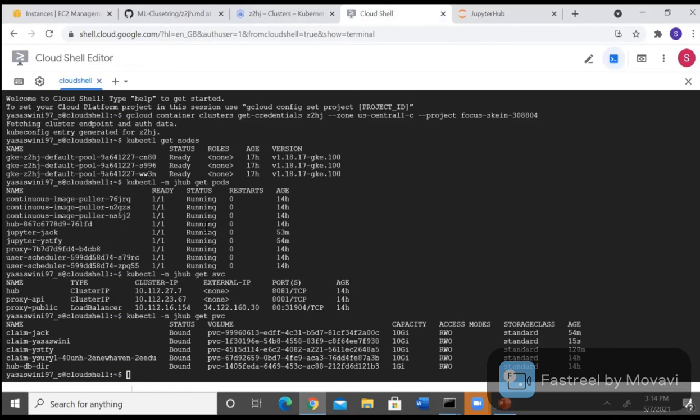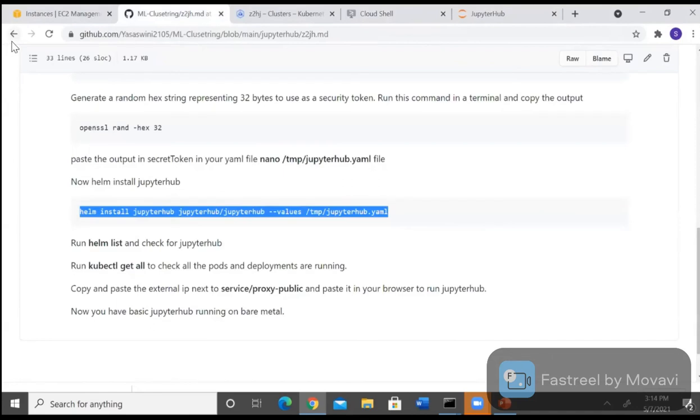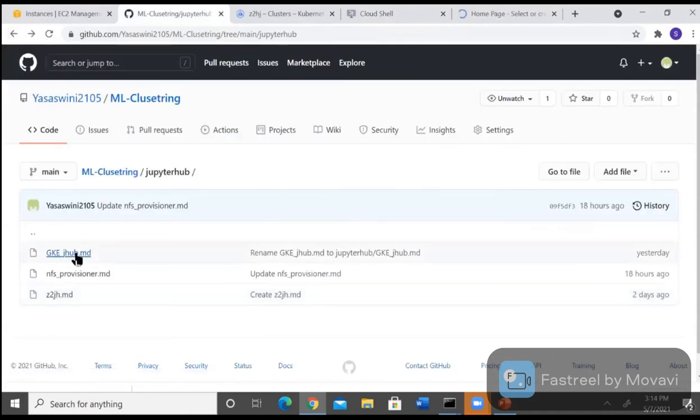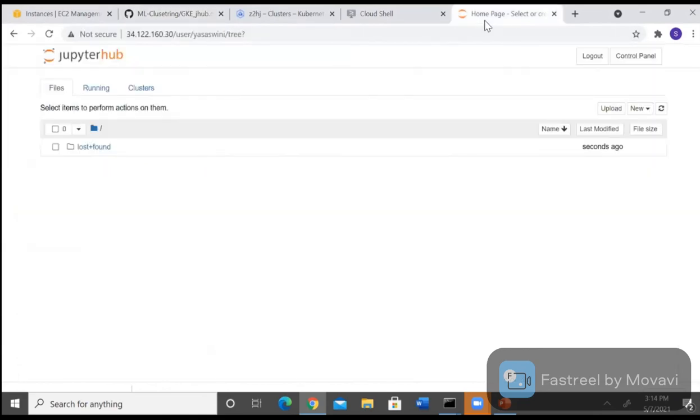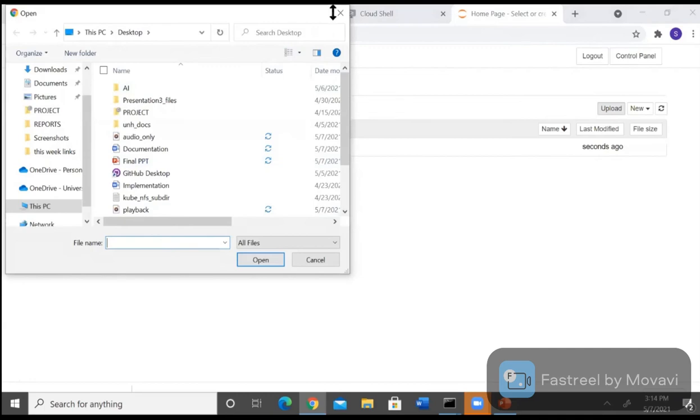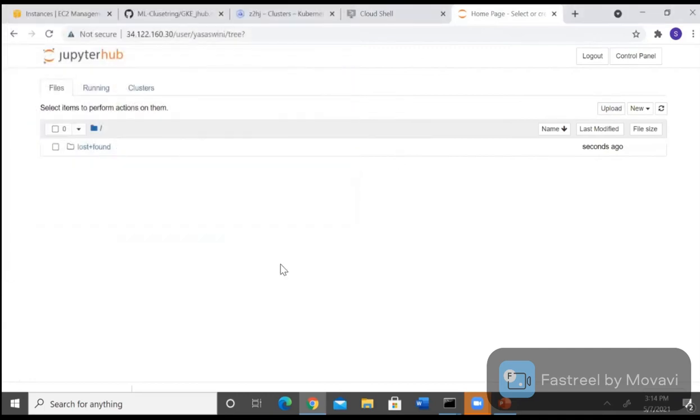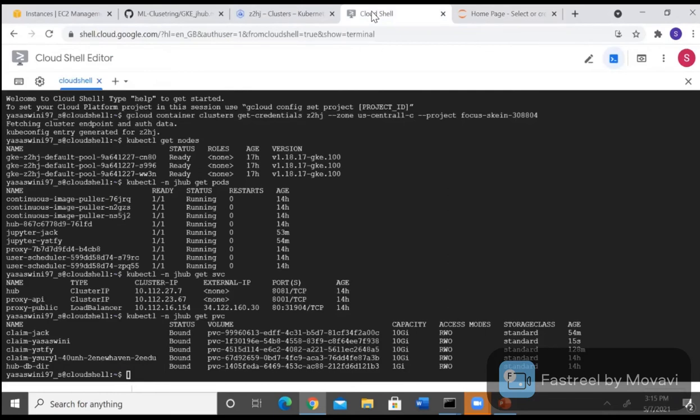So this is how you set up Jupyterhub. I have made detailed documentation of how to set up Jupyterhub on Kubernetes and in Google Kubernetes Engine too. So you can just upload your notebooks or create a new Python file and your data will be saved. So you can provide user authentication too. You can provide user authentication in Google Cloud